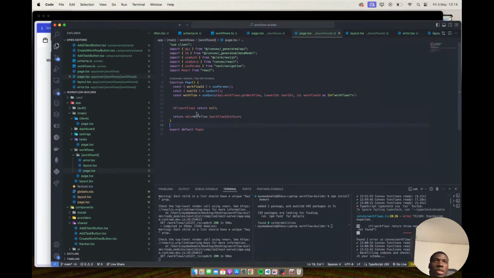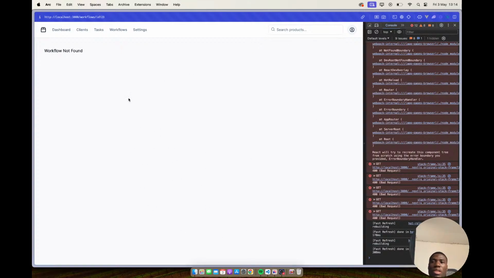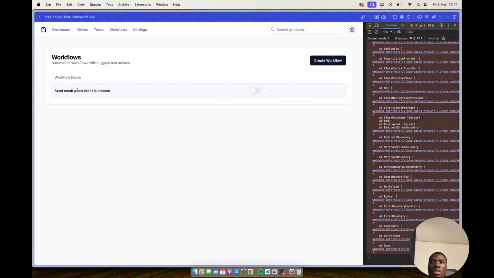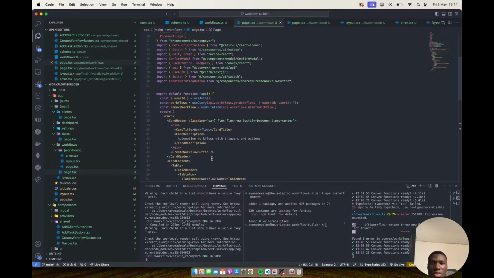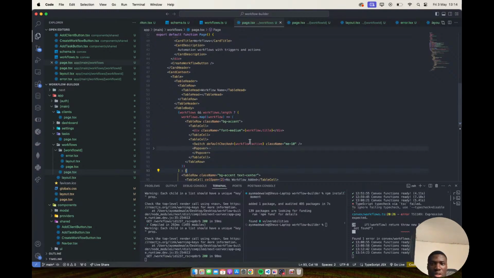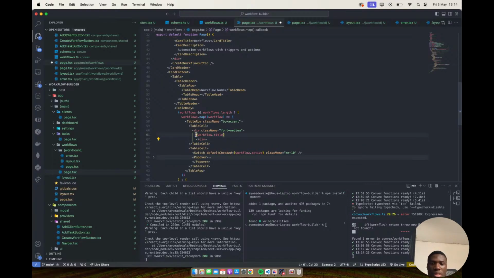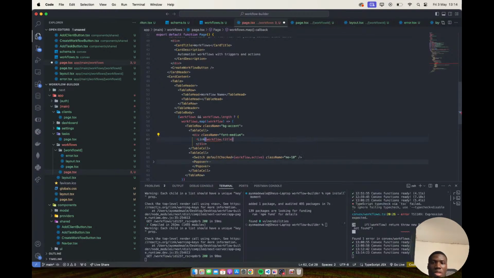Okay, so I mean that works. Now we need to implement. First, we need to make sure when they click on this, it goes to where it's supposed to go, right? We tend to want to use just one link, so let's quickly get this out of the way. So we just pass in link, right, coming from next link, and there we pass this out here, and this goes to